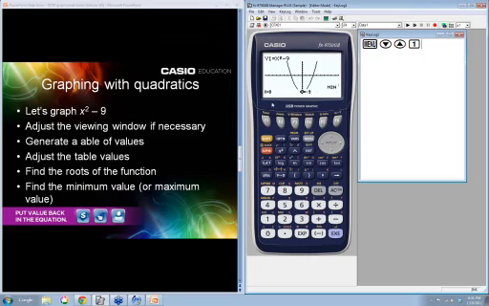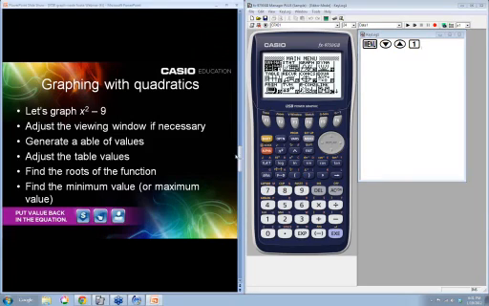Now it tells you again when x is 0, y is negative 9, so that's your minimum value. So as you can see, you can use this for the most basic of algebra, solving equations, evaluating equations given different values, graphing linear equations, graphing quadratics. It's a tool for the kids to use, and I like it a lot. I think it helps my students a lot.